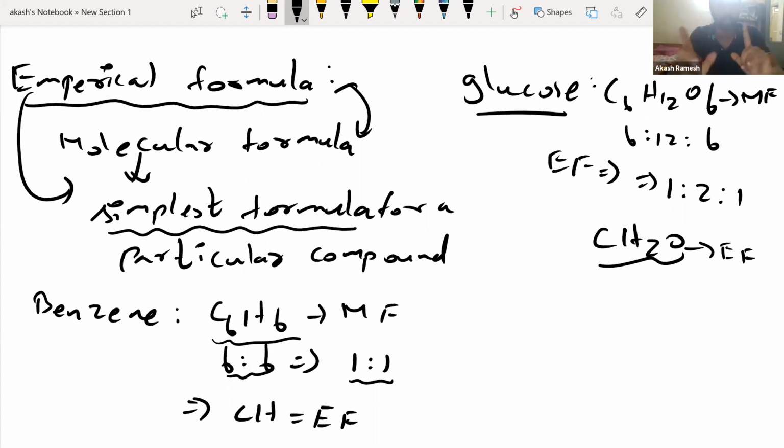Again, I repeat. The first problem is identifying which elements are present. The second problem is, even after identifying which elements are present, I will not know the formula of the compound. Even though I know glucose has C, H, and O, how will I know whether it's C6H12O6 only? Why is it not C7H14 something? How do we find out all this?